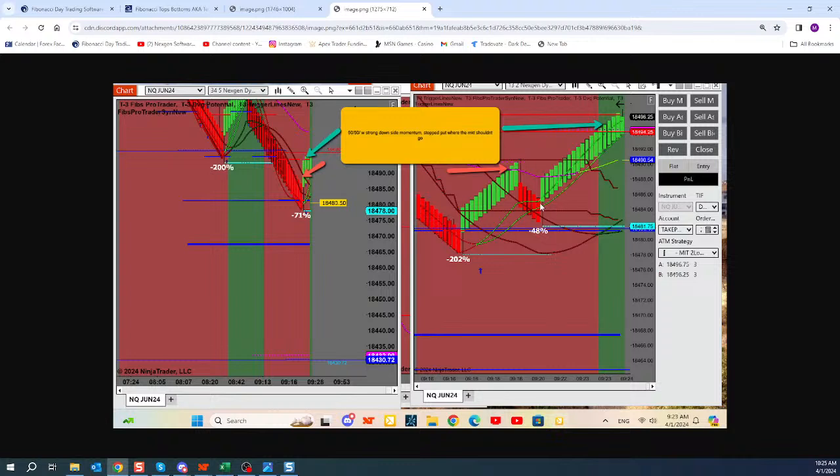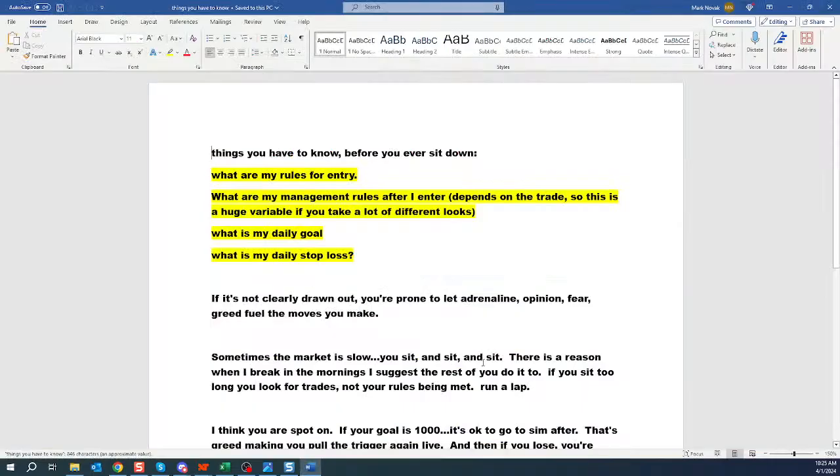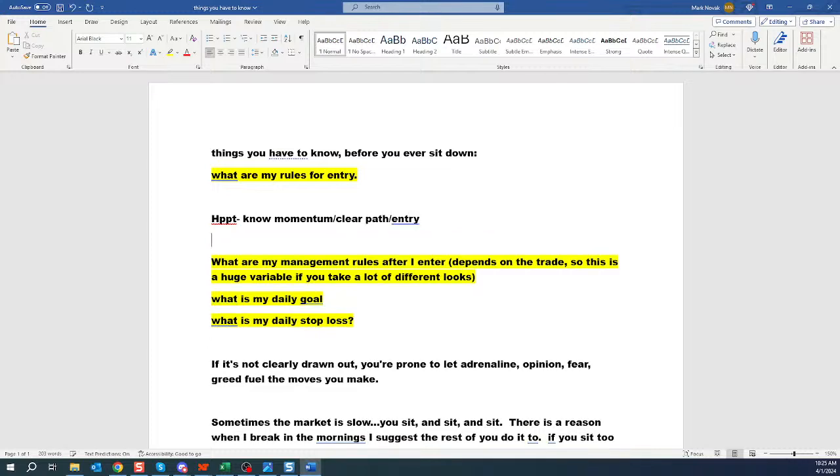Guys, NASDAQ requires a level of chart reading to be able to understand a couple different things. You have to understand your entry rules. And let me go back to something. And Gino, I'm not knocking you this morning at all. You're giving us great ideas. But things you have to know before you ever get into a trade, guys. You have to know what your rules are for entry. So that means that if it's a high probability trend trade, you have to know momentum, a clear path in your entry area. And if it's a medium probability trend trade,